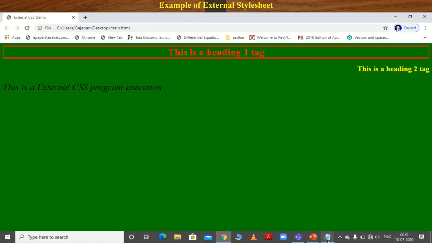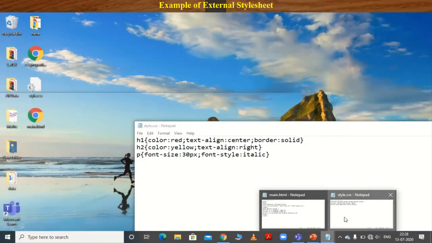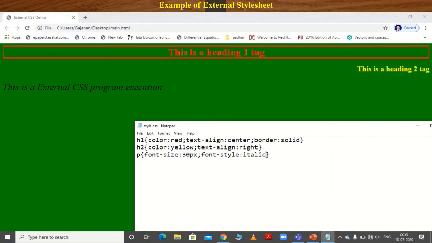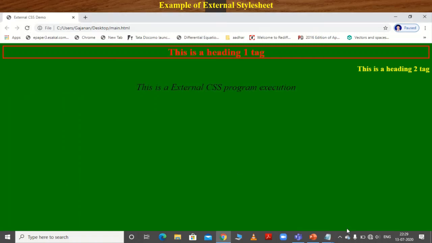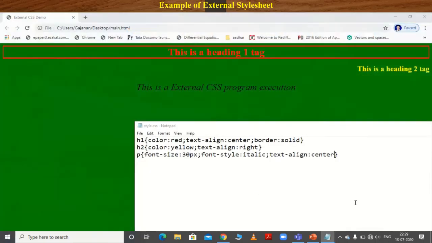You can also align this to the center. Which attribute or property do we use here? Text align, colon center. Okay, save this one and execute this. That means you have to change only one document, that is the .css file.